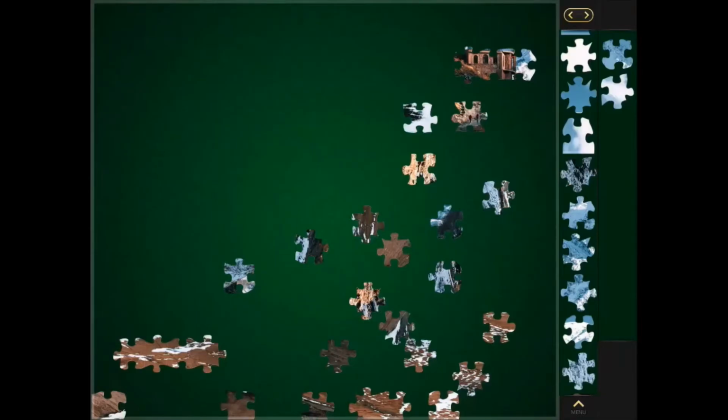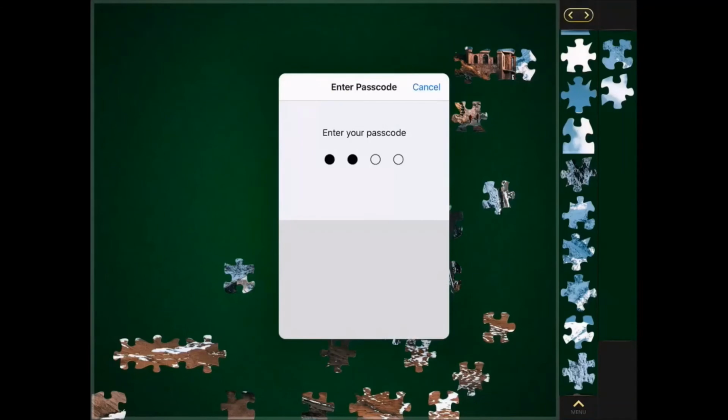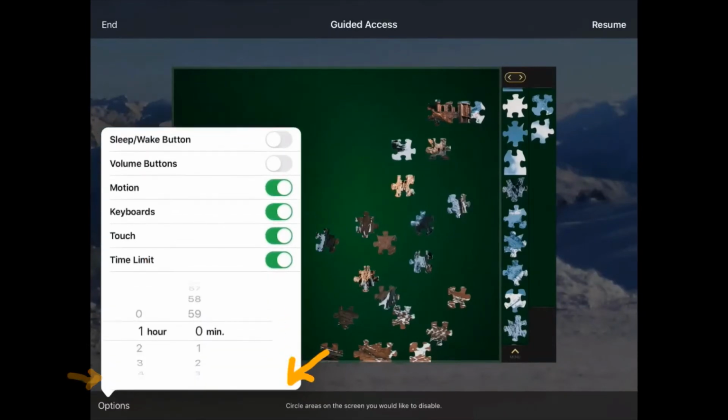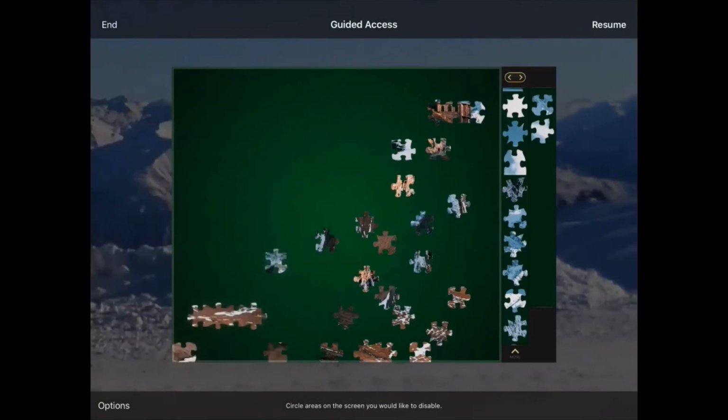A further useful function of guided access is being able to place a time limit on how long a user spends in a specific app. So here I am in my Jigsaw Puzzle app, and when I go into guided access, I'll go again so I get to my options screen, into my passcode. If I go to options, you'll see the very bottom option is time limit. If I turn that on, I can set how long I want to spend in it. So if I set this to 1 minute and then resume,